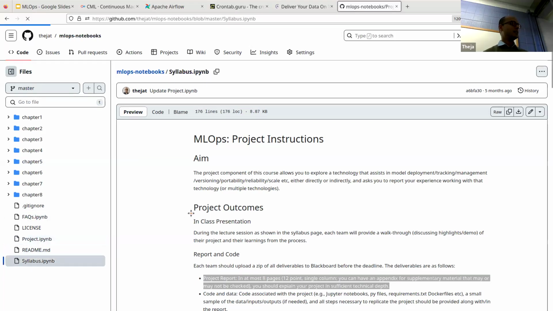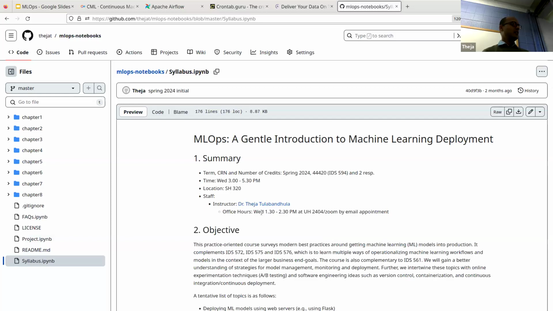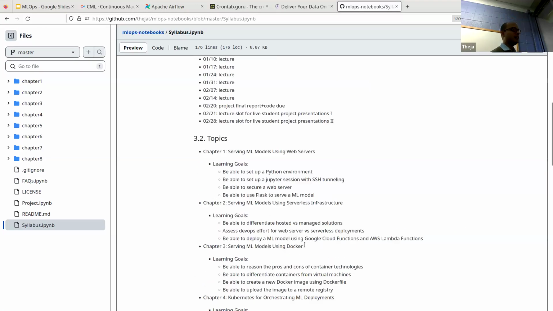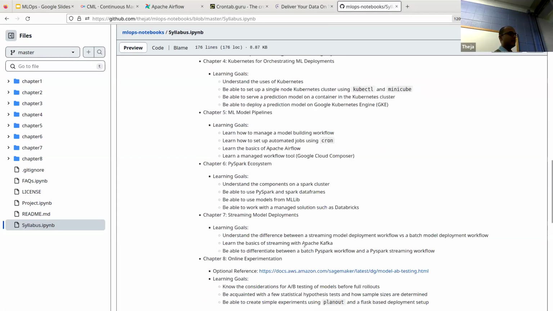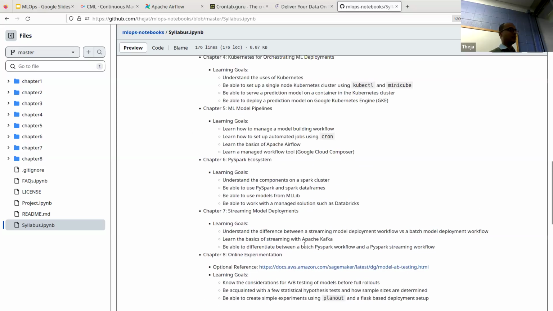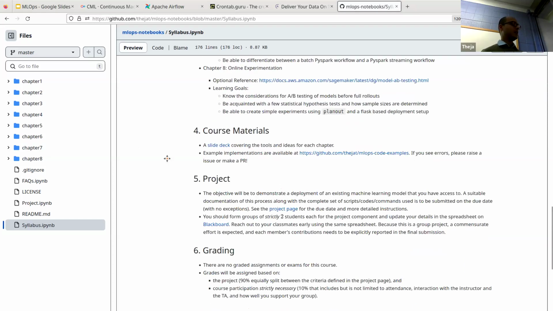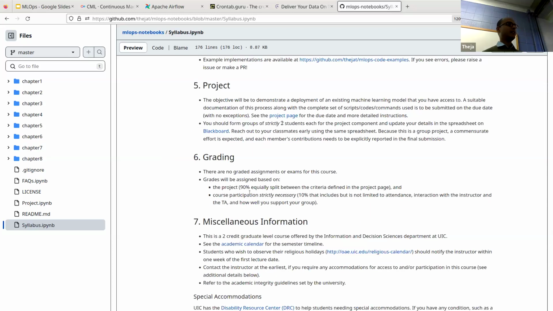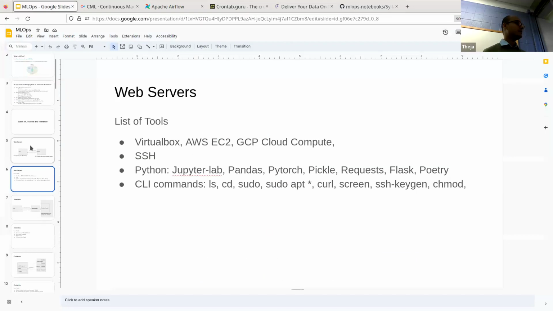Okay, let me come back to the syllabus. Okay, let me not go over this material. Let me switch to the slides because I'm going to mention where we are at the high level there. But yeah, so there is grading. So definitely this is in person presentations next week and the week later. So let me jump to the slides.